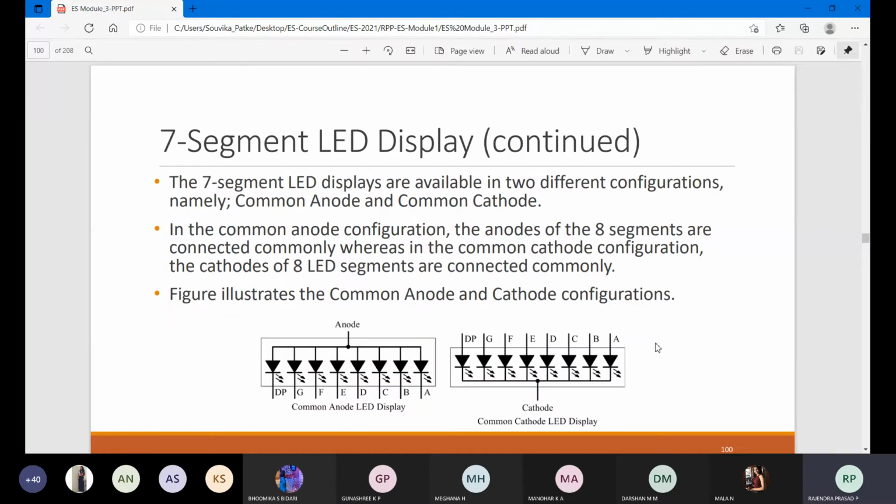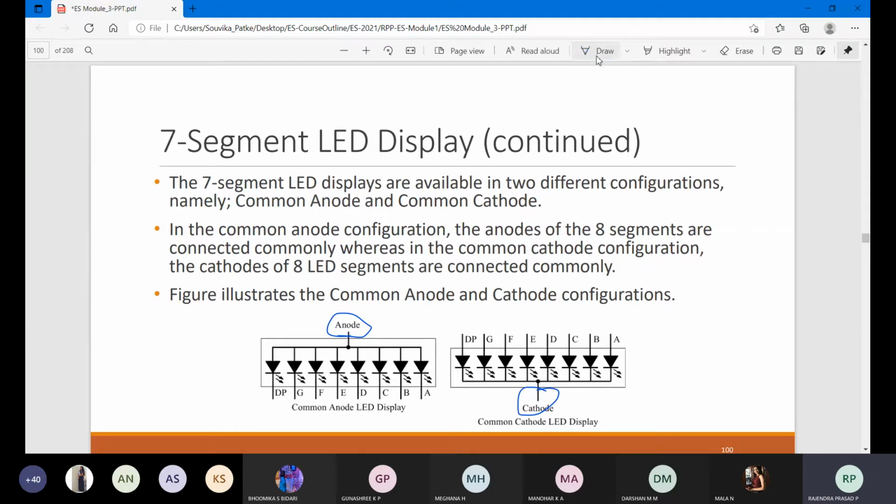So again, as we said, it can be active low or active high, right? So positive or negative. Positive is nothing but connecting the anode of all the devices to a power supply, or for an active low signal, connecting all your A to G and DP to the cathode. So you can observe that A, B, C, D to G, DP are all connected to an anode, to a power supply. And here you observe all the values are connected to the ground, right?